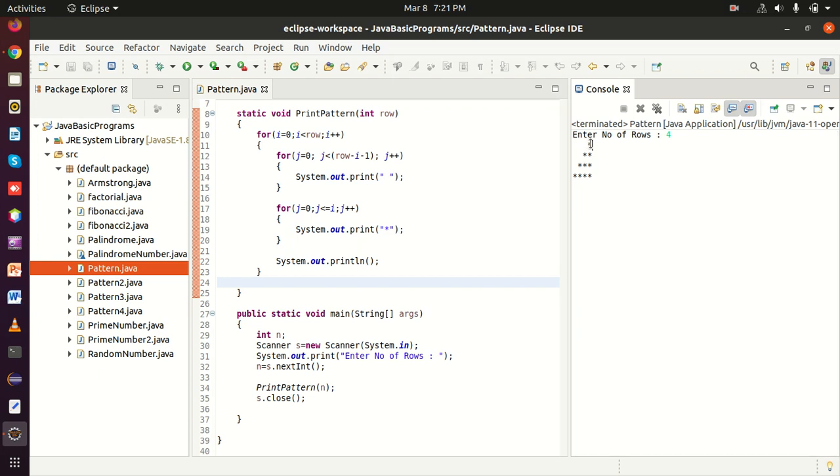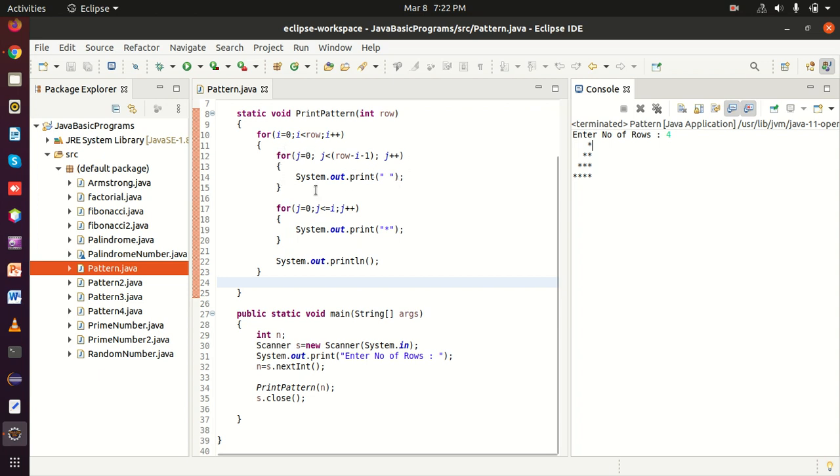Okay, here j equal to 0 indicates how many times this loop is going to be repeated, but the cursor position was already set onto the fourth position with the help of this iteration of the for loop.